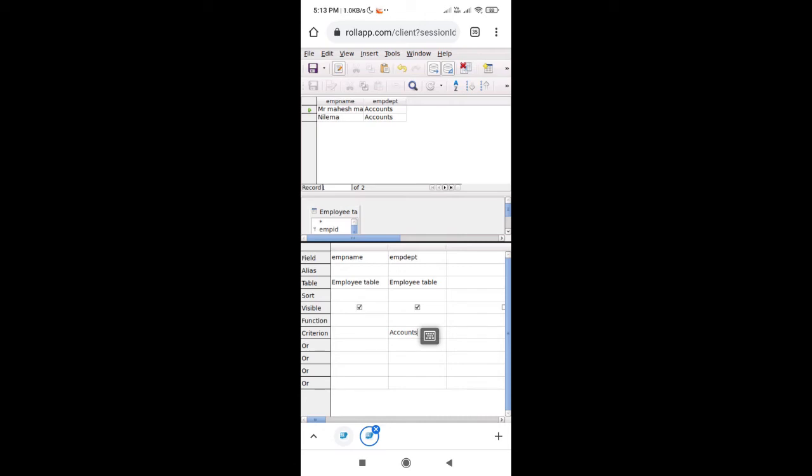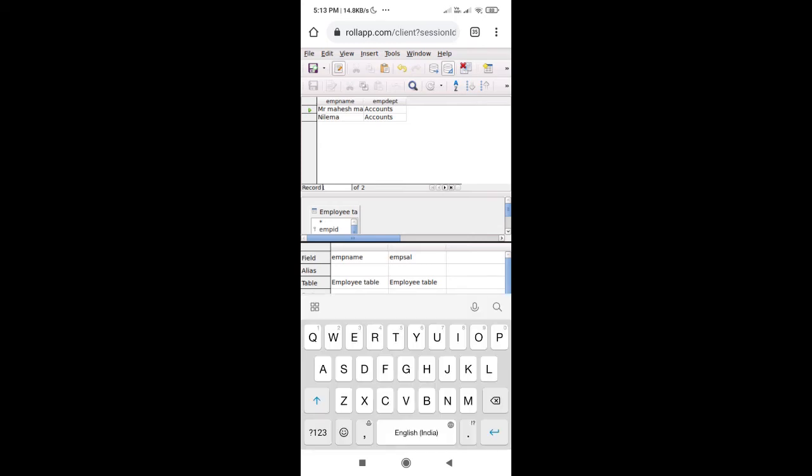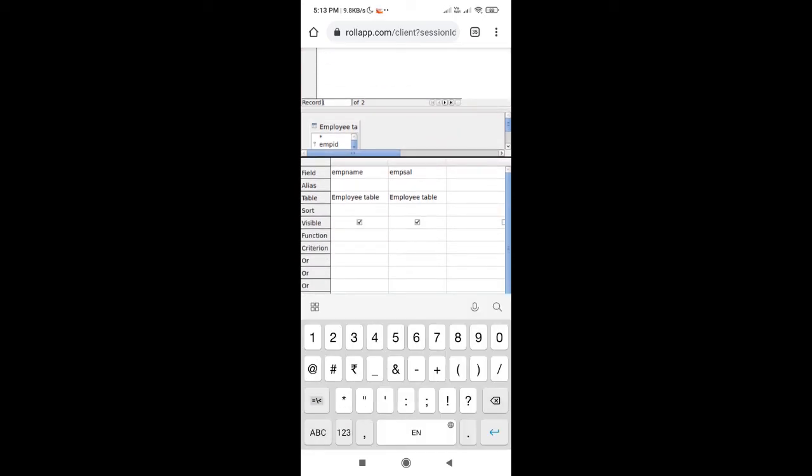Third query is based on salary. For that, I'm just clicking on the department field and select employee salary from the drop down list. And in criteria section, remove that accounts and take the greater than sign and write 70,000 and save